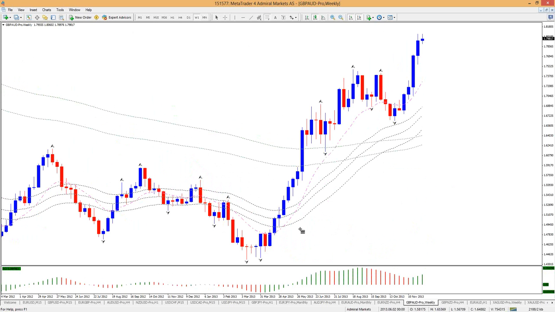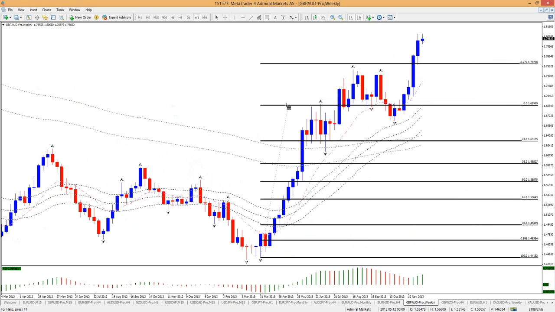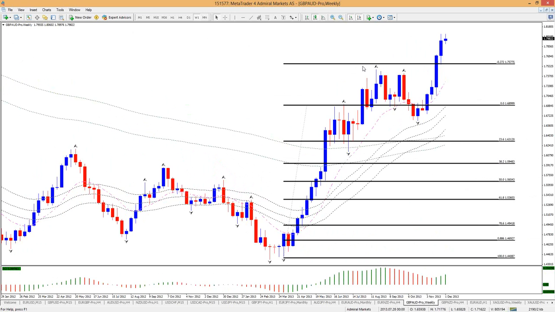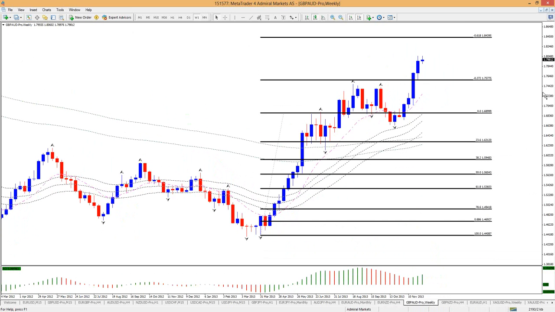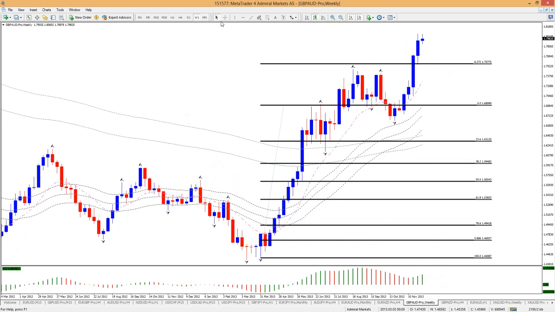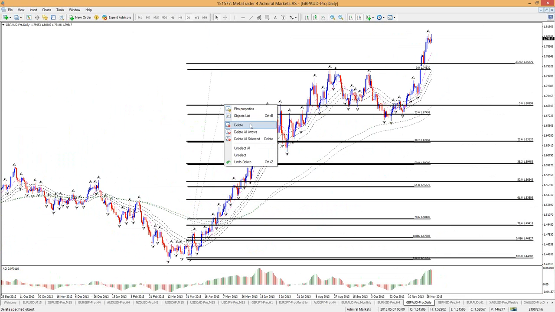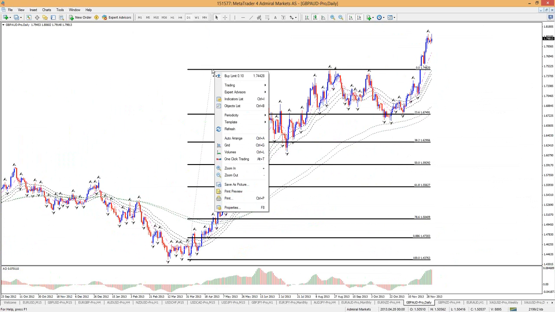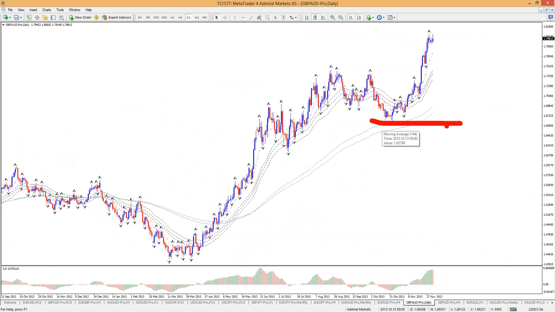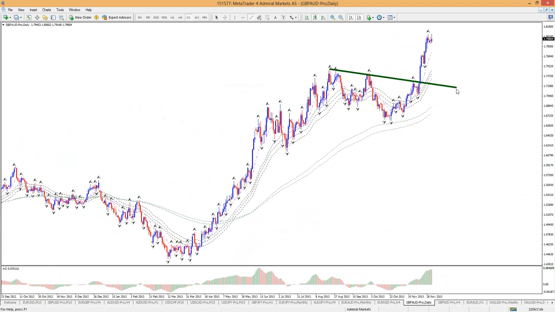Let's take a look at the weekly. If we put a fib on this weekly here, we can see price stopped at minus 272. Now the next target, the minus 618 at 184.40. Down to the daily. You see that shallow retracement here looking like a bull flag, and we were talking about the potential break here, and it did, and that was a good break, big break in fact.